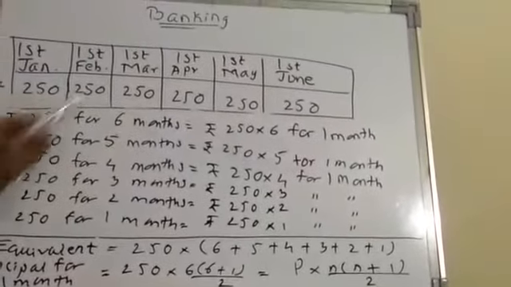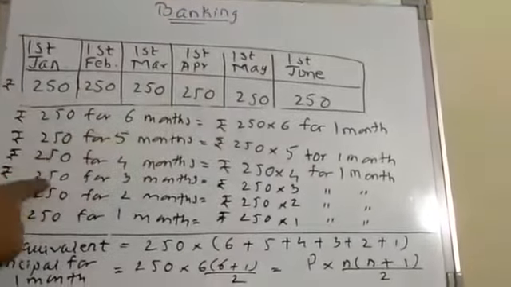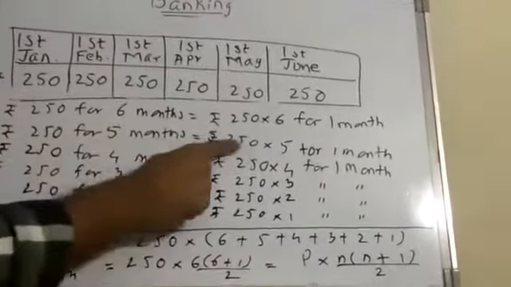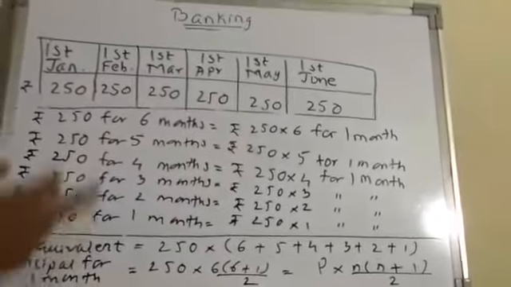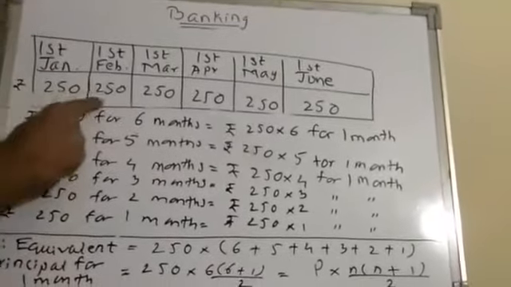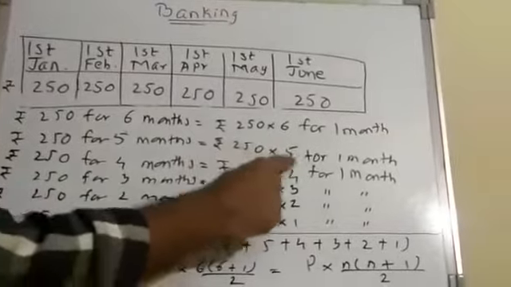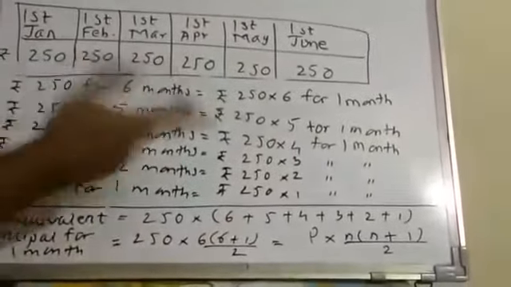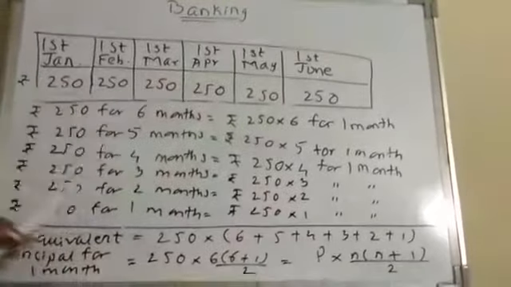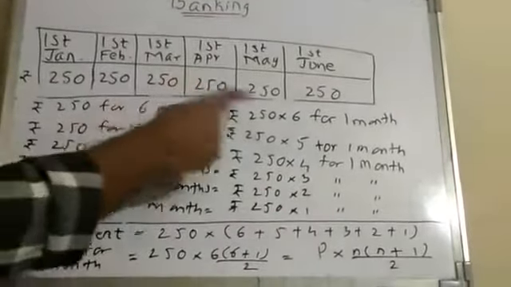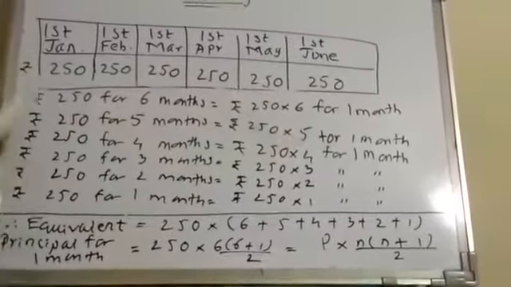Let's come to the next 250 rupees. These 250 rupees are going to stay with the bank for the next 5 months. So 250 for 5 months means rupees 250 into 5 for 1 month. One more time, what is the meaning of it? If the bank is going to keep your 250 rupees for 5 months, or if somebody says that I will give you 250 into 5 rupees only for 1 month, it means one and the same thing. Like that, this 250 stays with the bank for the next 4 months. The next 250 stays with the bank for the next 3 months. Similarly, the last two. So have a look here.